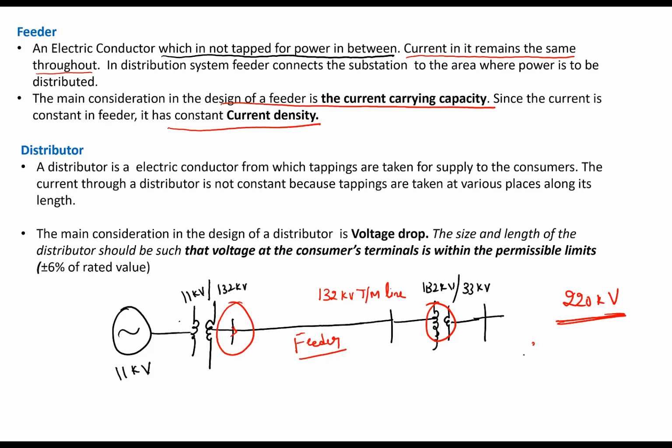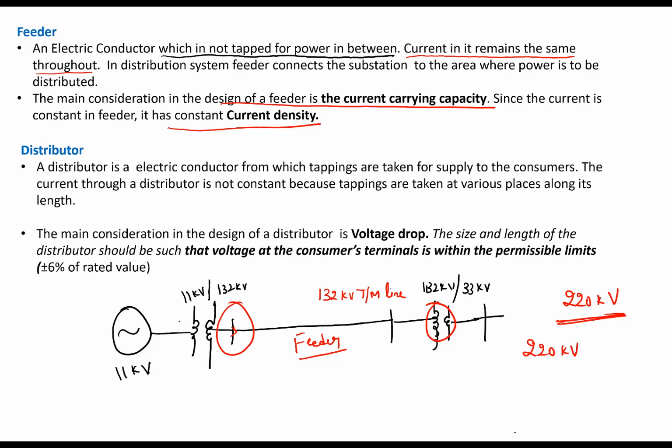Beyond 220 kV, there is one new concept, the new problem that arises is corona. So the design of the feeder conductor is based on corona. So to reduce corona, we design the transmission conductors. Okay, we'll discuss this point later in the next slide.